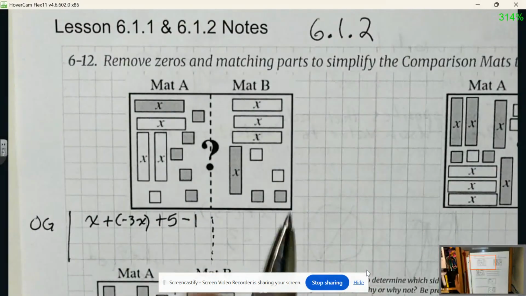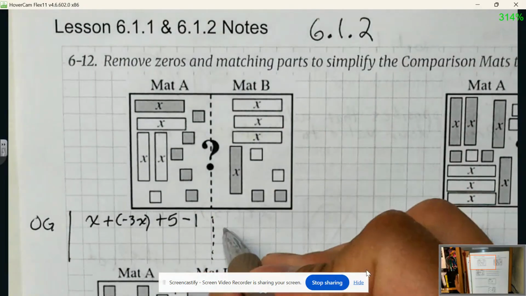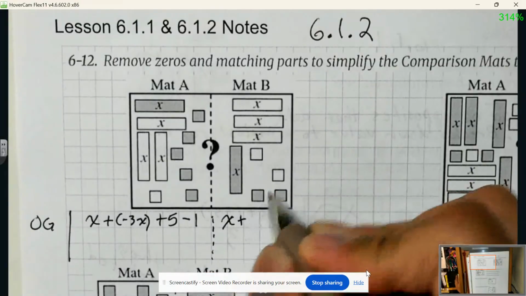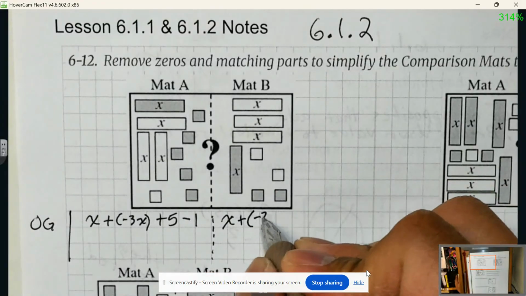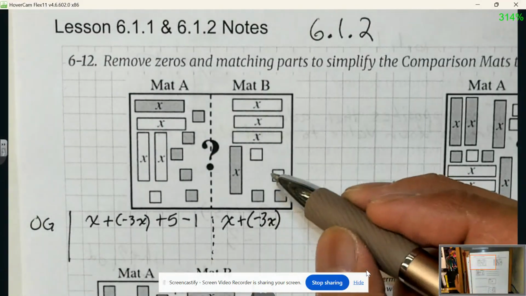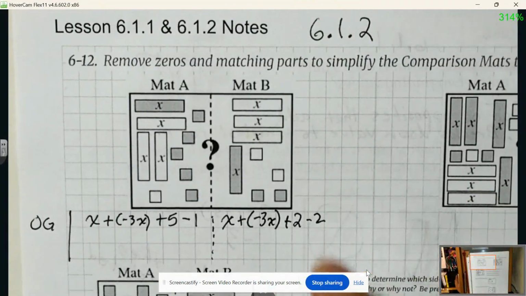All right, so on mat B, what do we have? We have x plus negative 3x, or we can now say minus 3x. I'll start doing that from now on. And then plus 2 minus 2. So this gives us,